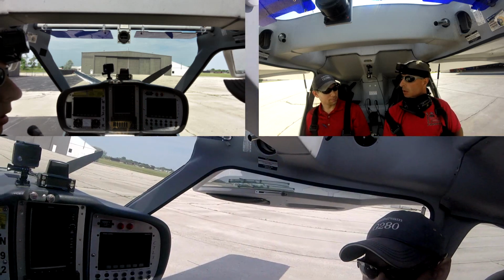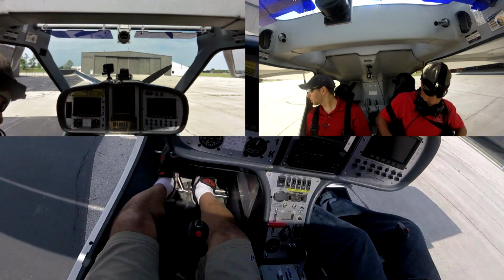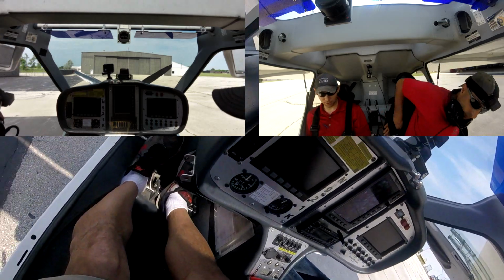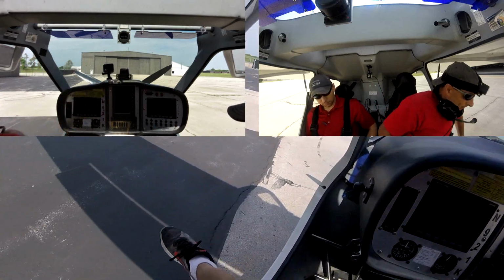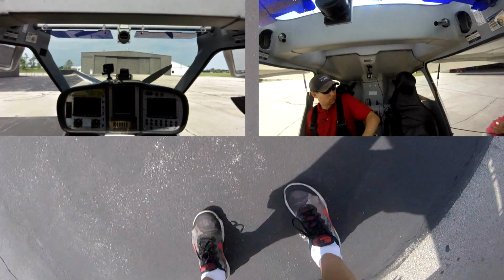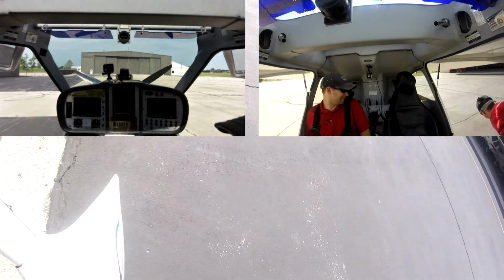I don't have my logbook. Should I go grab it? Yeah, might as well, just in case. We'll see what the wind is doing up there, but...